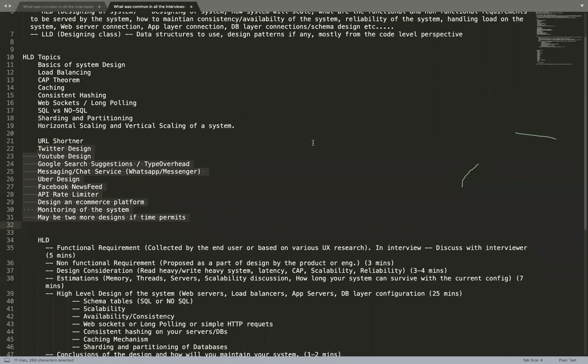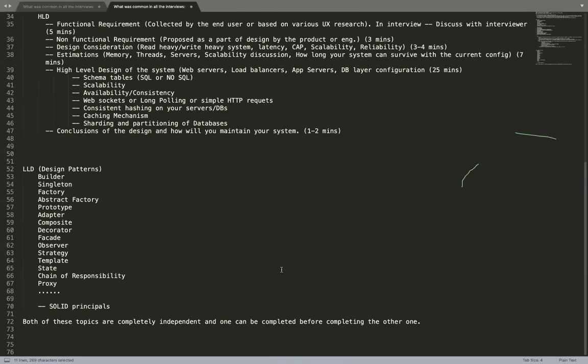But let me see if I can suggest something, I'll check. I don't know a particular book. There is a good book on low level design, but I don't have any particular book for high level. I don't know if there actually exists a book on high level design. Please suggest a book on the LLD part, low level design. I'll check 2-3 books and then accordingly suggest.